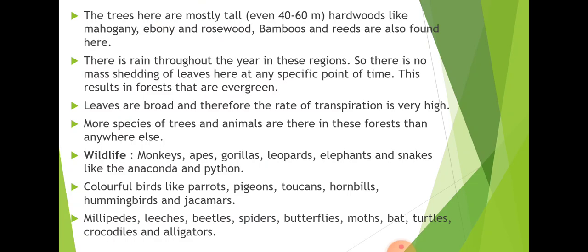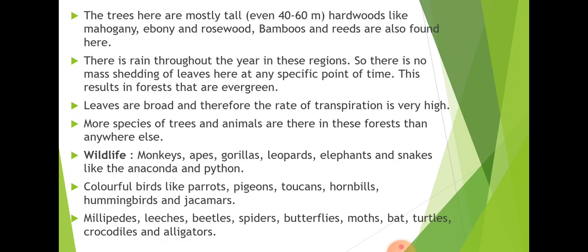Hardwood means they are used to create many things, like furniture. A lot of things are used from these forests, from these trees basically, like mahogany, ebony, rosewood, bamboo, reeds. So these are some of the trees which are found in these regions, and they are used